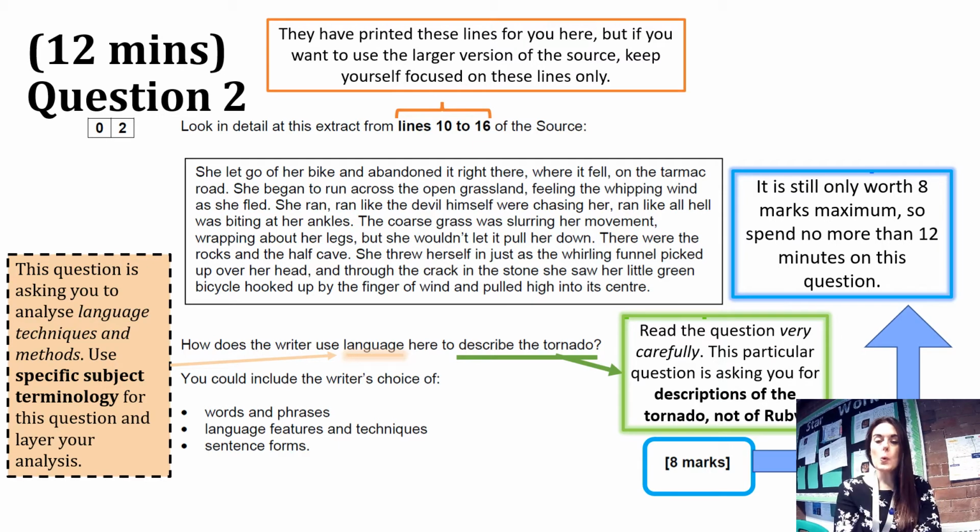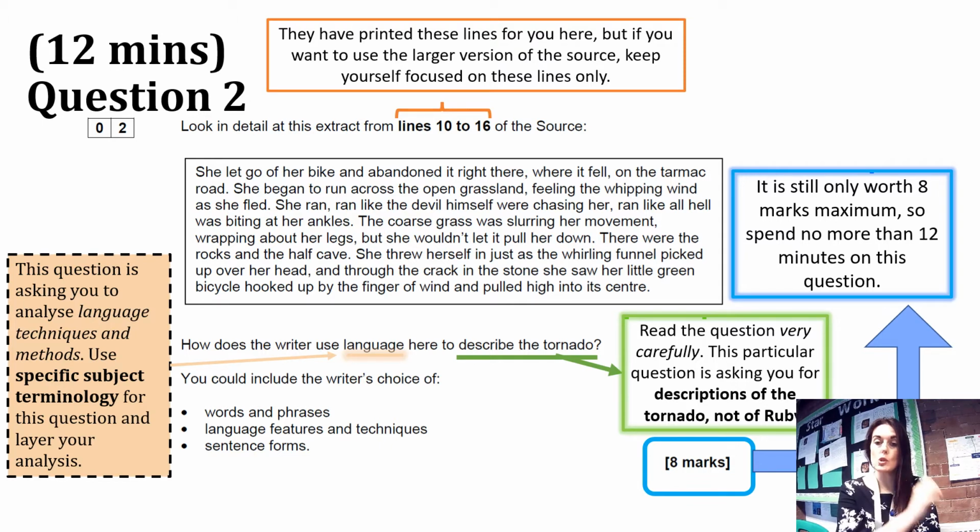So it will always ask you to analyse the language techniques and the methods. So those are your similes, your metaphors, your adjectives, your semantic fields, all those things we talked about in class. You're just talking about the words. So very much here the question is, how does the writer use language to describe the tornado? You want to read the question very carefully, make sure that you're talking about the tornado itself and not Ruby, because there's quite a few bits of this section that talk very much about Ruby, and it's not about Ruby,